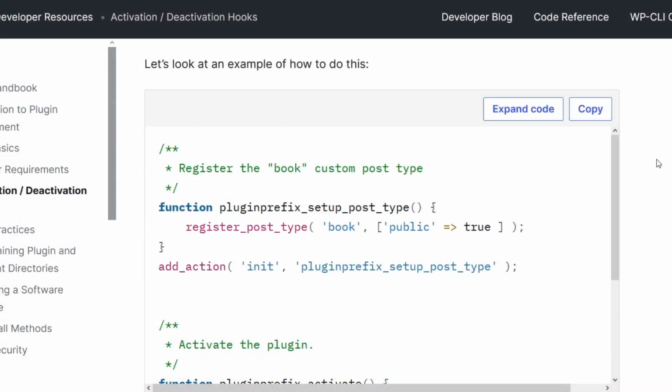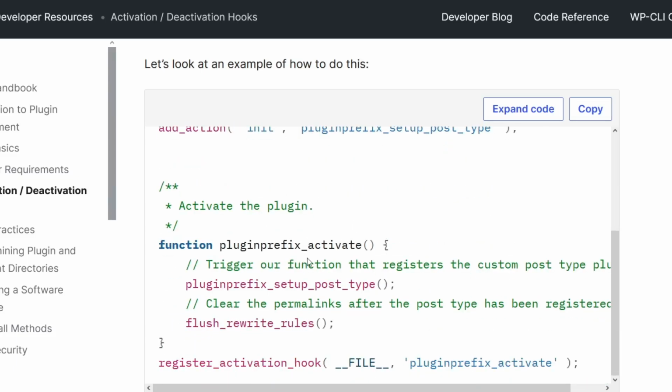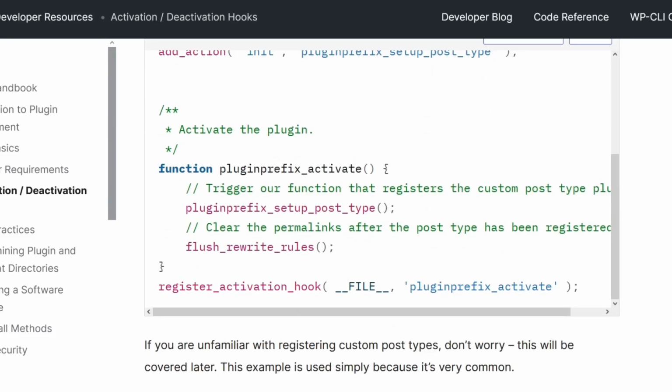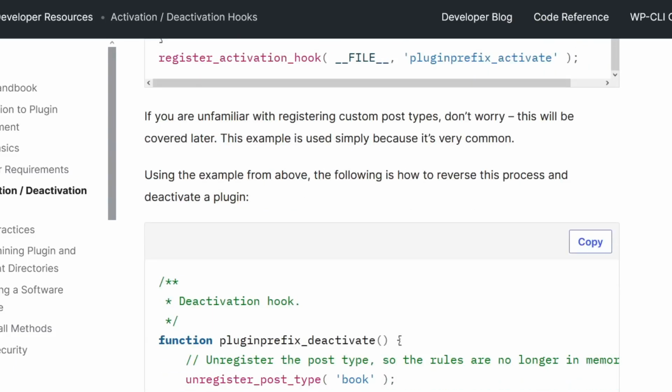We can check out the example over here in the WordPress documentation in the plugin handbook, right? But before we do that, we're just going to talk about register_post_type. So check out the next video, which is related to the activation and deactivation hooks, which is basically going to register the post type, and when we activate it, it's going to register the custom post type, and when we deactivate it, it's going to delete or unregister the